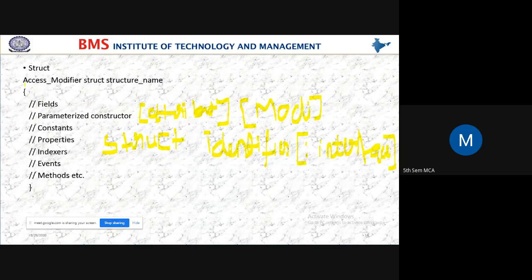Yes, students, I'll tell you why I am writing this syntax. See here, you can write attribute within the square bracket, modifier within the square bracket, struct identifier within the square bracket, and within the square bracket interfaces. Yes, identifier is nothing but a variable, no? Identifier is nothing but a variable.